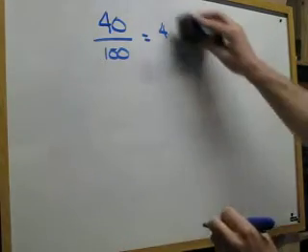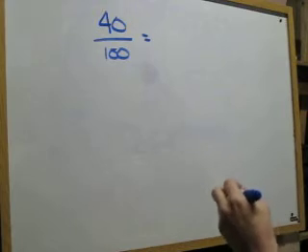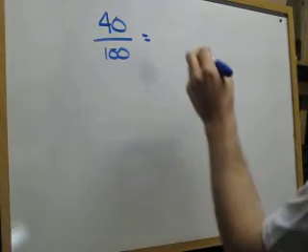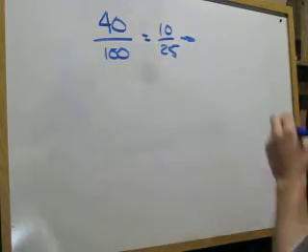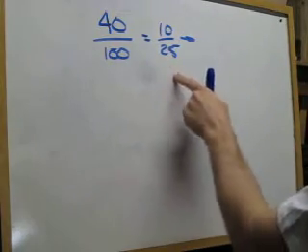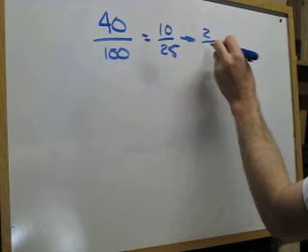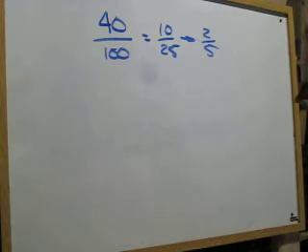well, actually, let's just go ahead and reduce it. 20 over 50, 10 over 25, and if you want to keep going, which I would like you to because it's not fully reduced, you end up with 2/5 as your answer for 40%. Alright, which brings us to one like 46,